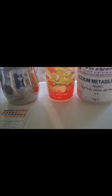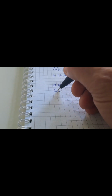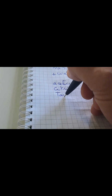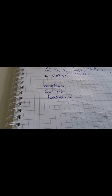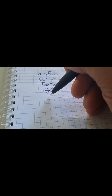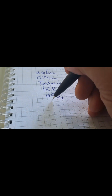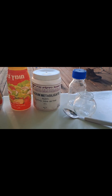This acid is acetic acid, vinegar. It could also be citric, or tartaric, which are easily found acids. It could also be hydrochloric acid, or sulfuric acid. It could be whatever you want. Here we use a 5% acetic acid to make this experiment. So first of all, I will show you how to create silica gel,